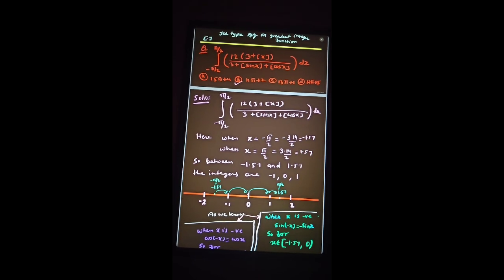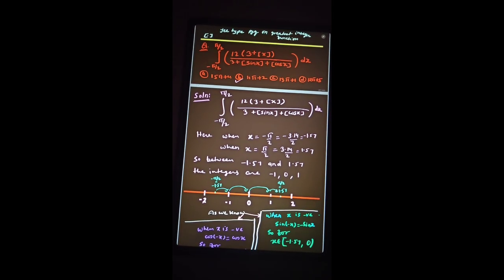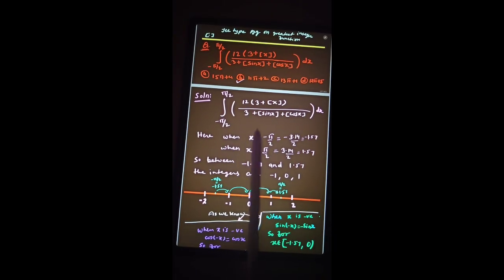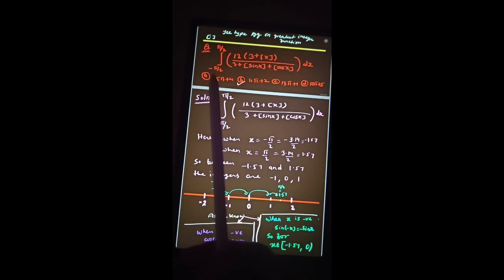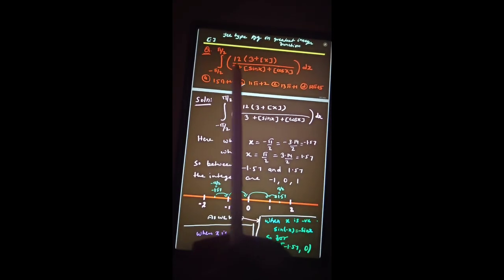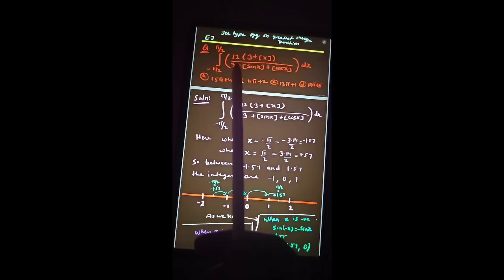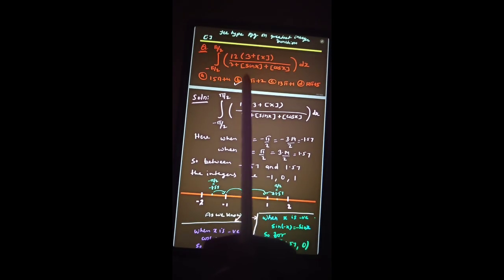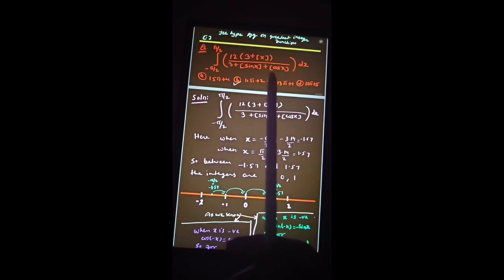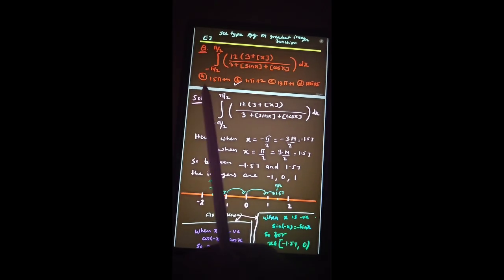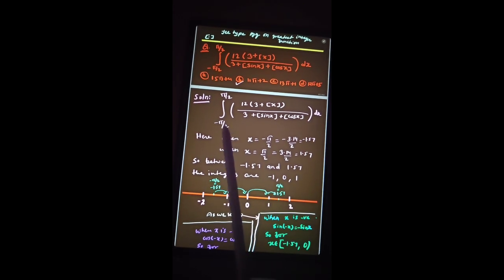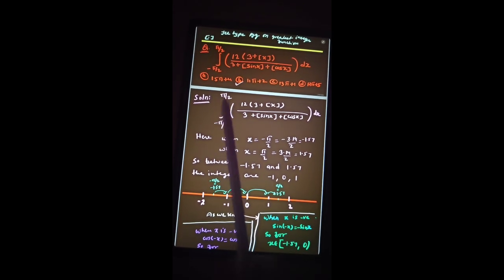Let us discuss this question from the greatest integer function, which includes integration of the given expression, and it has been asked in JEE 2026. See, from minus pi by 2 to pi by 2 you have to integrate, and the function is like this: 12 divided by 3 plus the greatest integer function of x, plus the greatest integer function of sin x, plus the greatest integer function of cos x, dx. These are the options. We just rewrite the expression like this, and we will discuss this point of definite integrals,